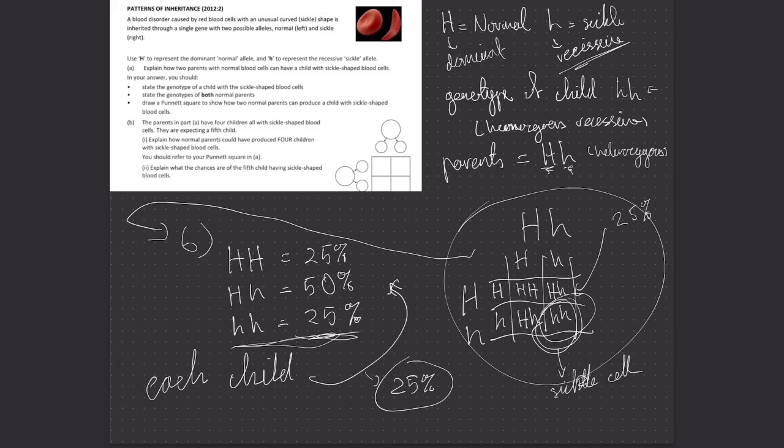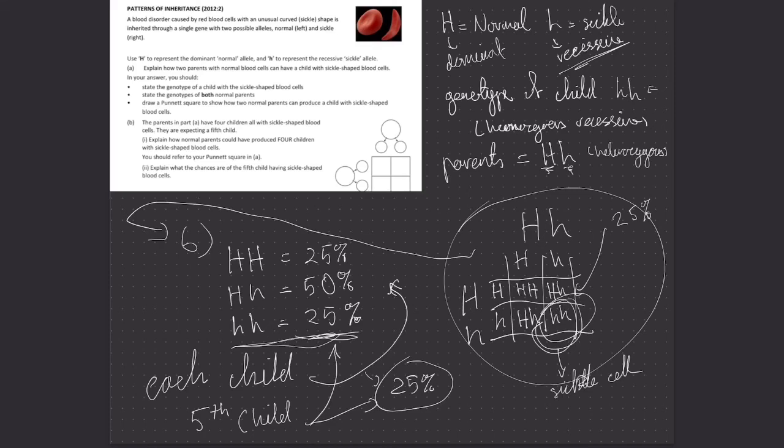All right? Now, the 5th child will again have the same odds as before. Okay? So there is a 25% chance that a 5th child will also have sickle cell, because it's independent of the previous children. Okay? Now, often in questions like this, you don't usually ask it when it's referring to humans,